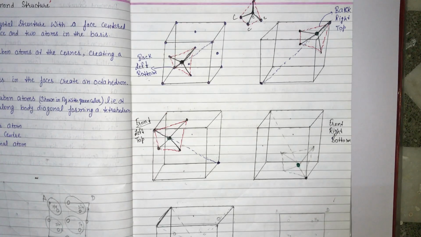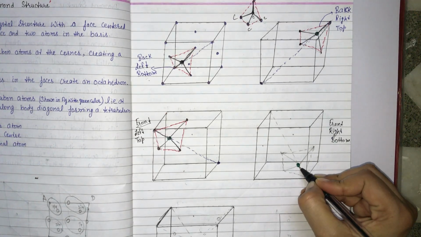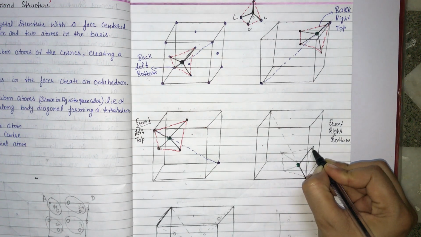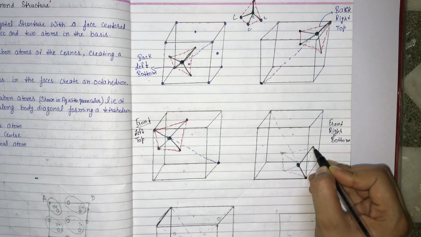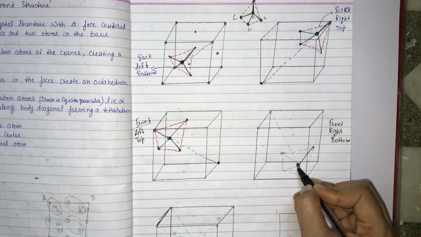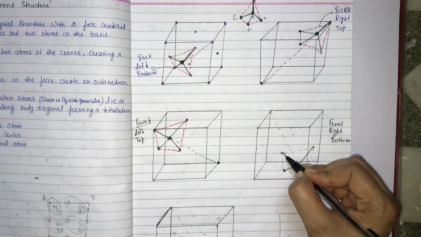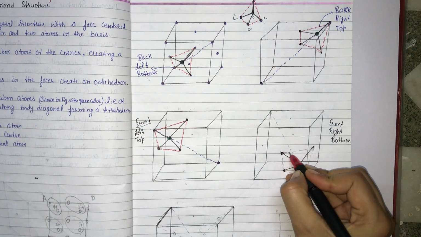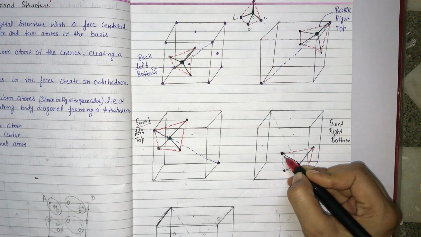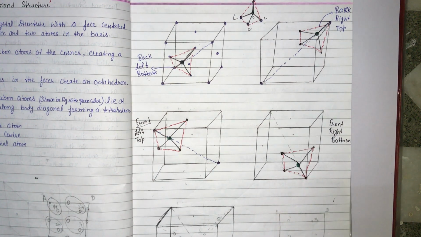Clear? Now make the covalent bond. This will make covalent bond with this point, with this point. This is corner point. This is right face center, bottom face centered, and this is front face center. Now mark the tetrahedral so you can understand in three-dimensional picture. Clear? So in this way carbon atoms are placed along the body diagonal position, on the 1/4 of this body diagonal.